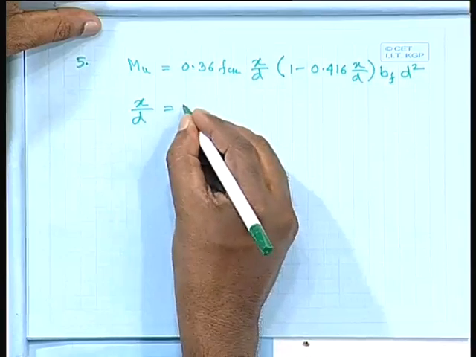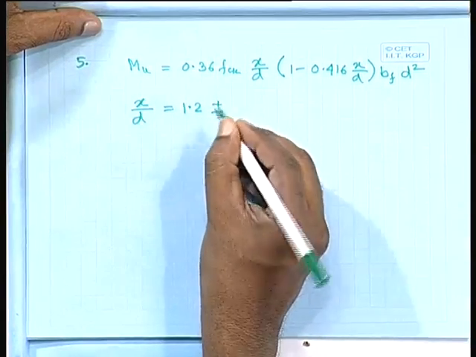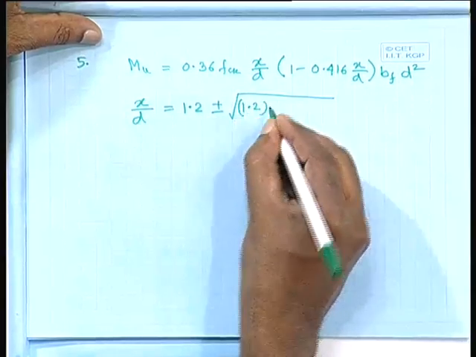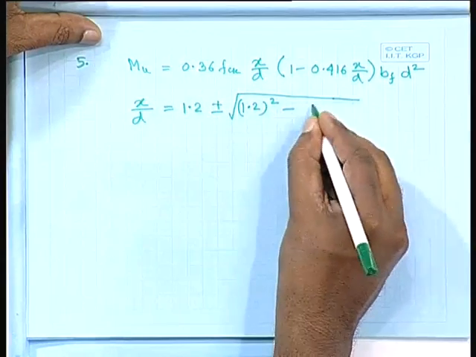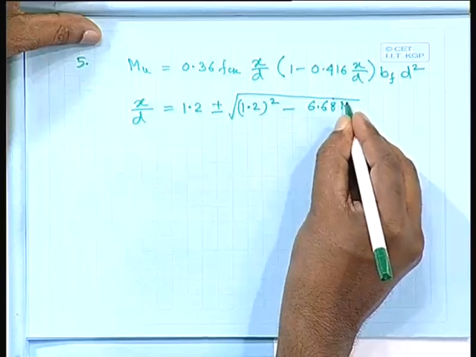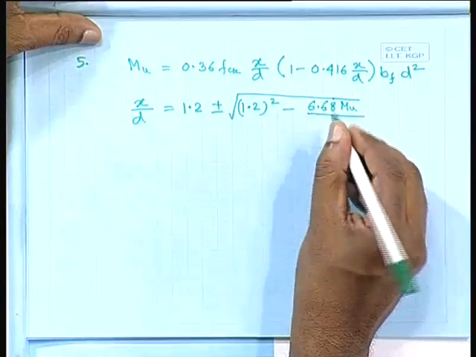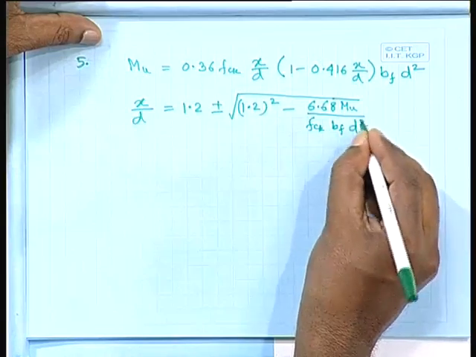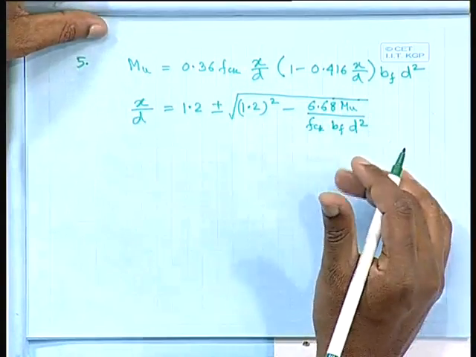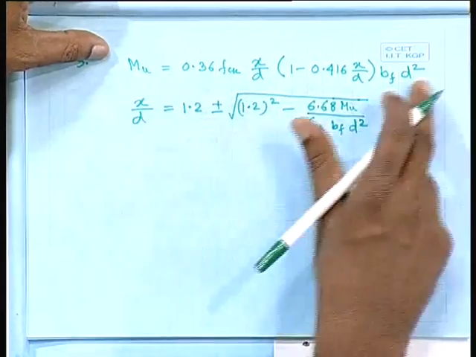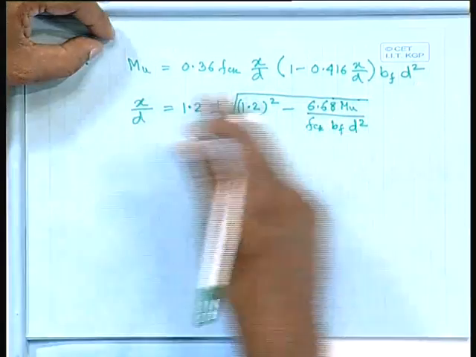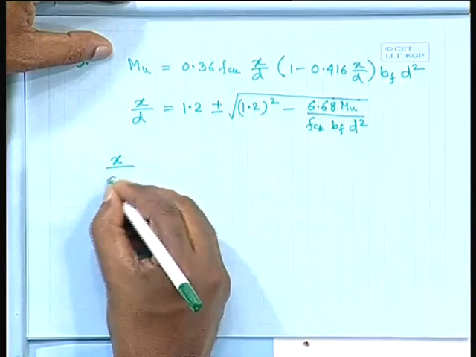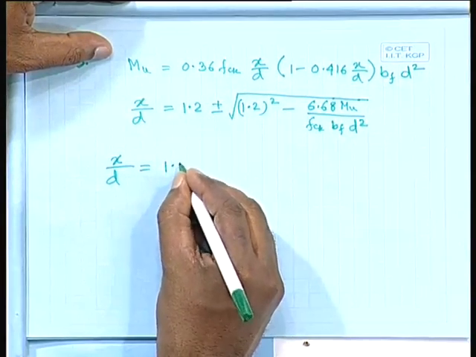So, if you would like to remember this one also, you can remember x by d equals 1.2 minus or plus root over (1.2) whole square minus 6.68 Mu divided by fck bf d square. There are so many other ways one can remember directly, instead of coming from the first principle always using this formula. You can remember this formula also if you like. So, we can write down x by d equal to 1.2